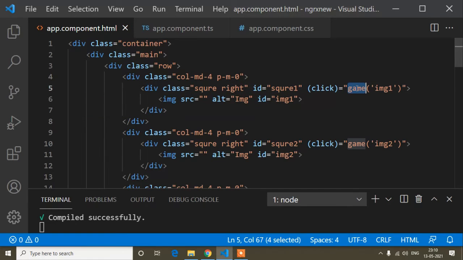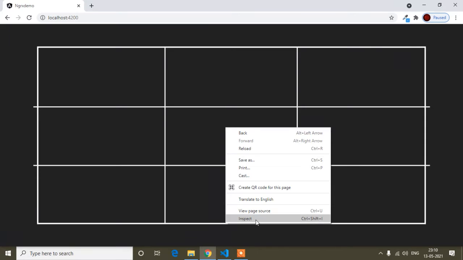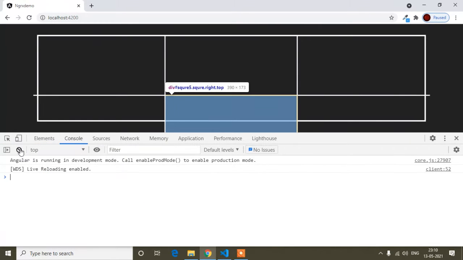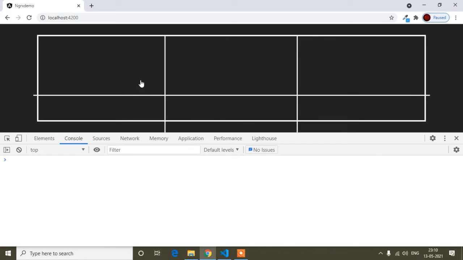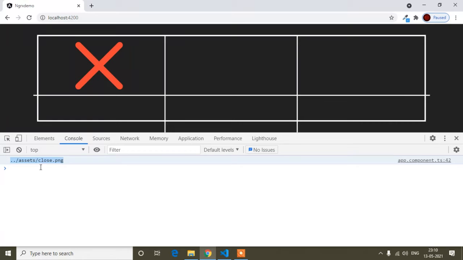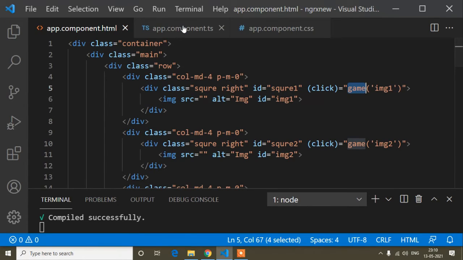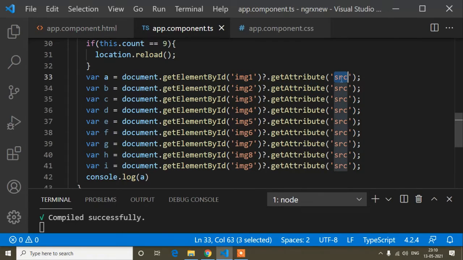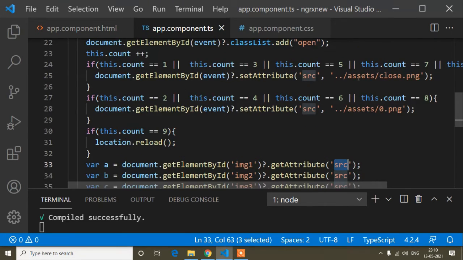So when I click this first square box, you can see I'm getting the image path, because I'm getting the attribute source, and inside this source attribute I already defined this image.